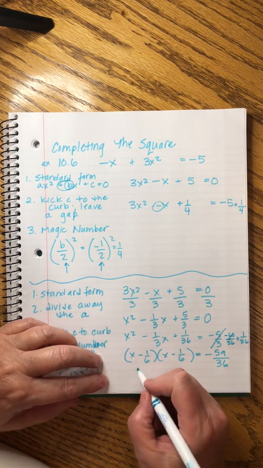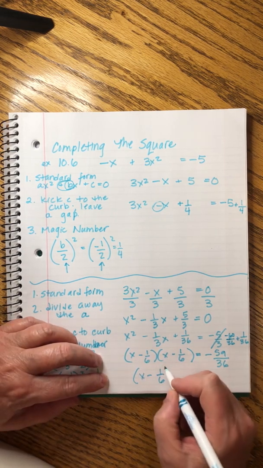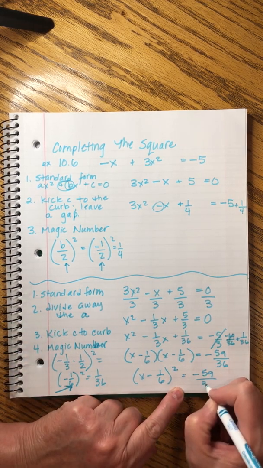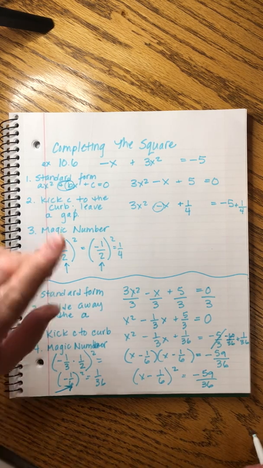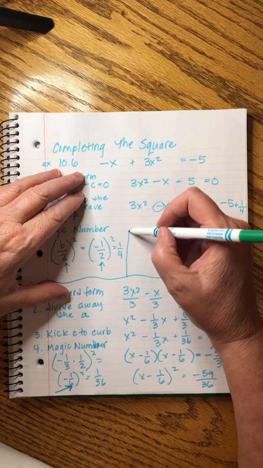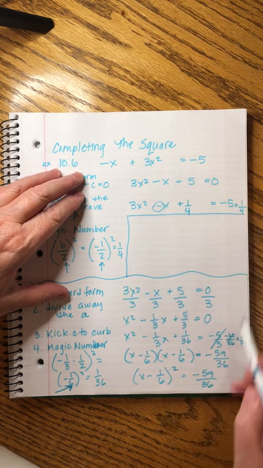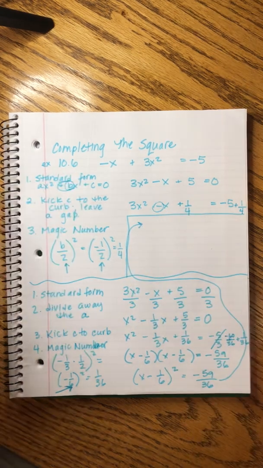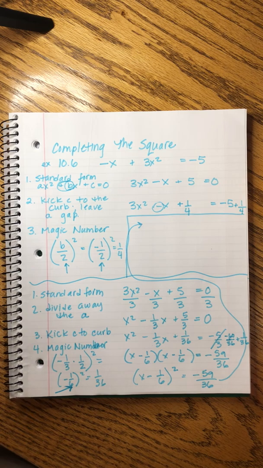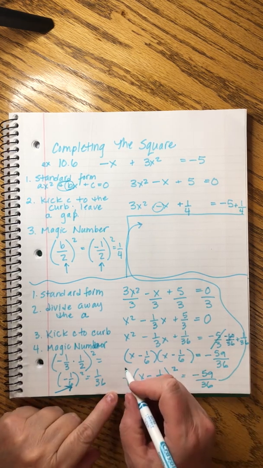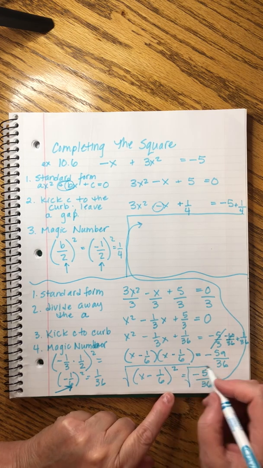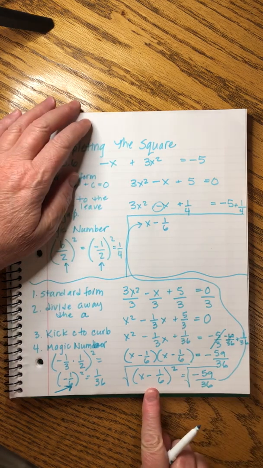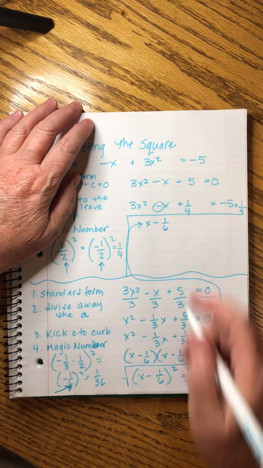This now we can restate. X minus 1/6 squared equals negative 59/36. And now, rather than turn the page, I'm going to reclaim this space and take this on up here. That's not confusing at all, is it? What I need to do to get rid of that square is take the square root of both sides. So now I'm going to say x minus 1/6, which is this, equals, ooh,